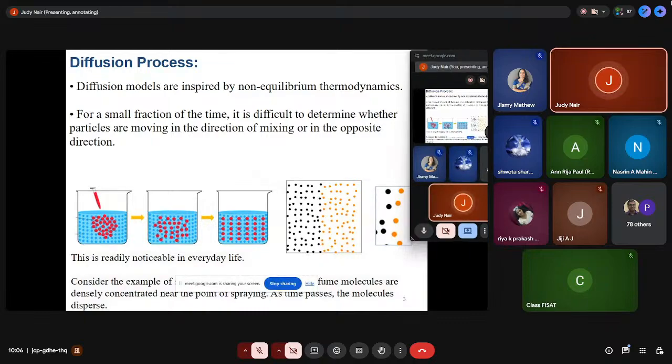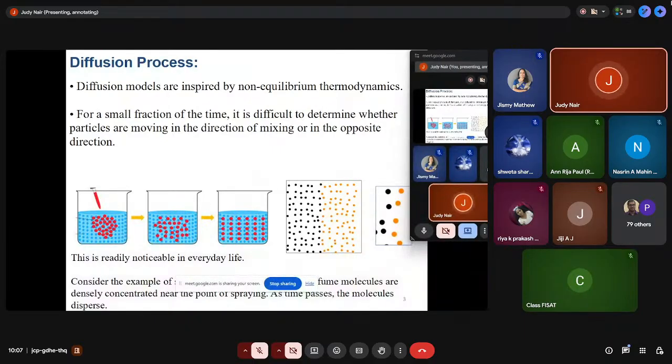When we have a chaotic, disturbed, perturbed system, it always tries to reach its equilibrium. So concentration becomes uniform throughout the system, and when it is in a stable state, the energy is minimum. This is the process of diffusion.